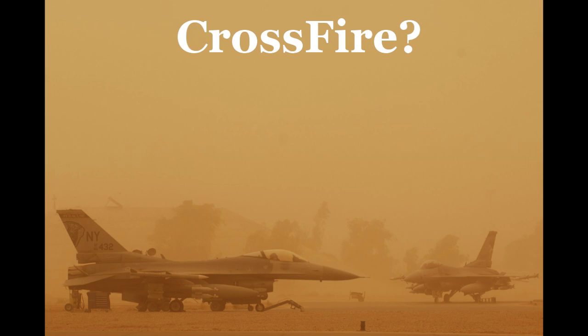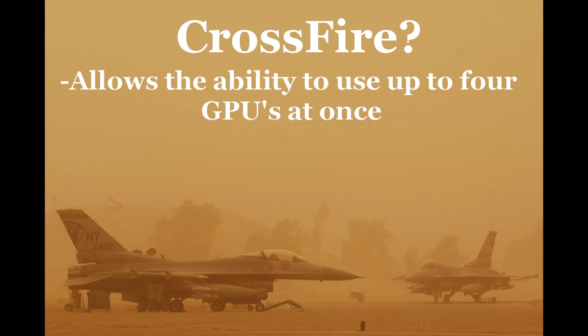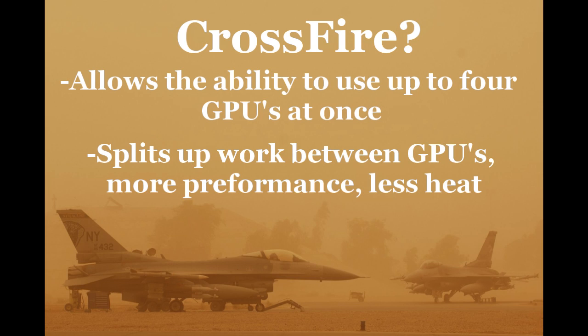AMD and ATI, they have this thing called CrossFire, which is very similar to SLI, if you know what that is. What it does is you can use several graphics cards, I believe up to 4. Certain motherboards can handle 4, but for the most part people are going to use 2, possibly 3 graphics cards, and what it does is it splits up the work between the graphics cards to use the screen, and it makes cooling a lot easier, and it stays at lower temperatures, and essentially it makes your game go a lot